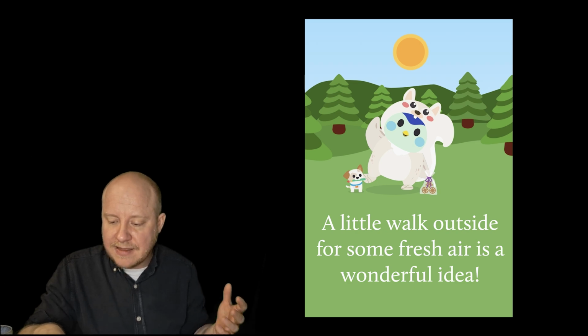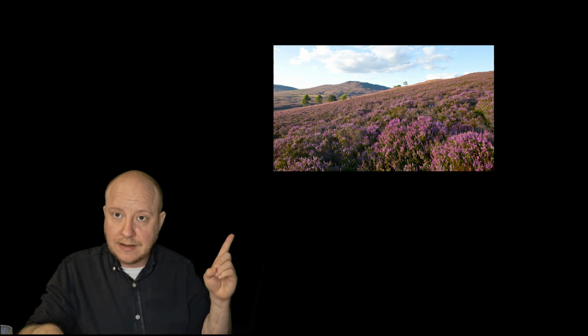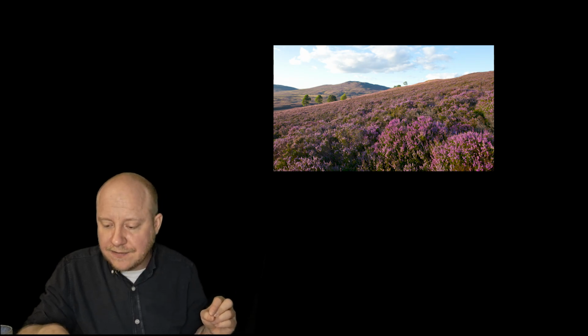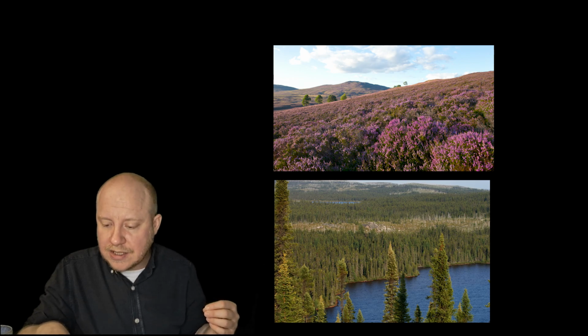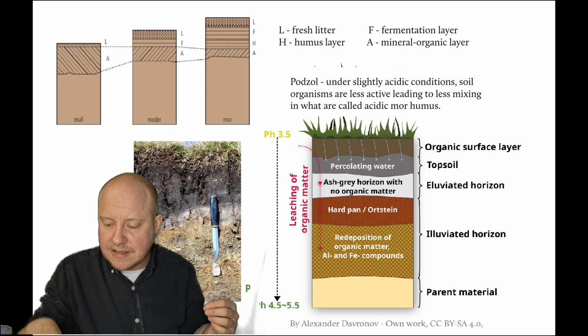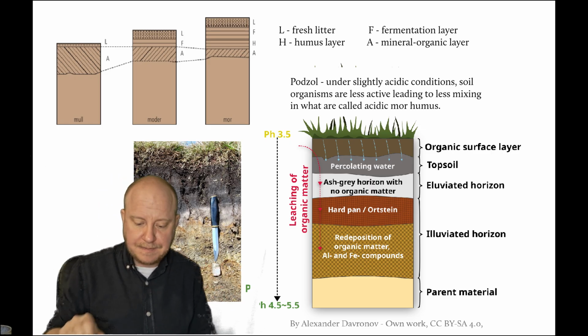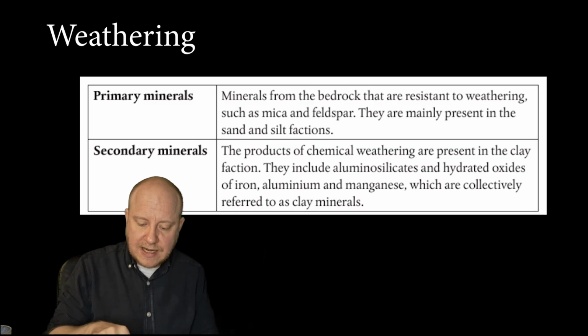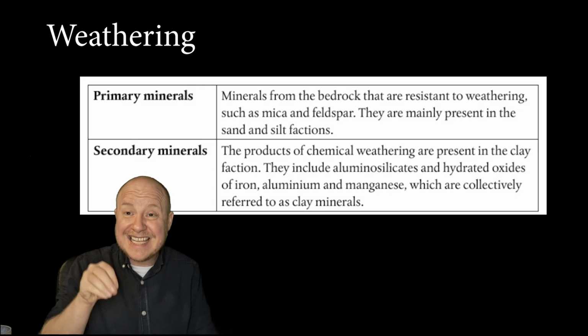In areas of heathlands, this is a heathland, and coniferous forests, these evergreen forests, where conditions are more acidic, the soil organisms are much less active. This means that there is less mixing and the organic layers within the soil are more distinct, forming an acidic moor humus. Okay. Weathering. In soil science, the term weathering can be defined as the breakdown of rocks in situ,